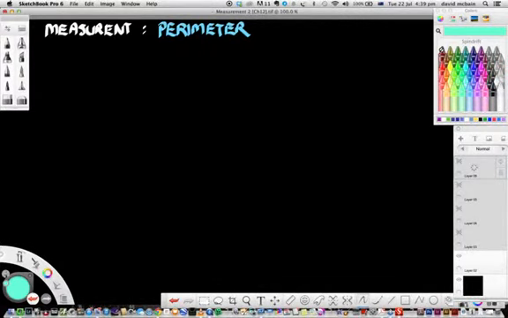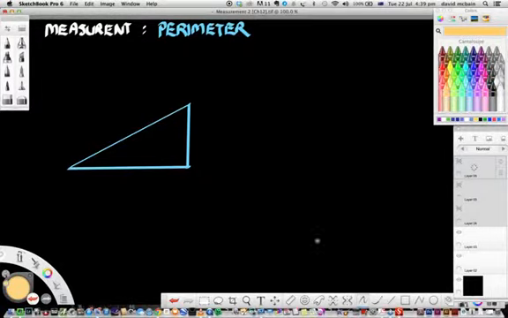Okay, this is our lesson on perimeter, and we're going to look at how to work out the perimeter of a number of different simple shapes. So the first shape we're going to look at is the triangle. So I want you to copy that triangle down under the heading perimeter, and let's put in